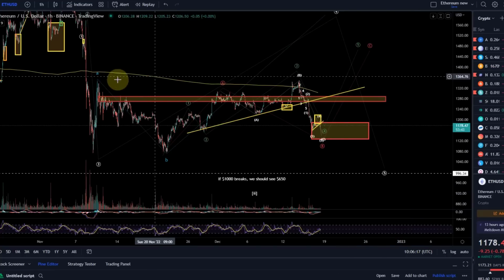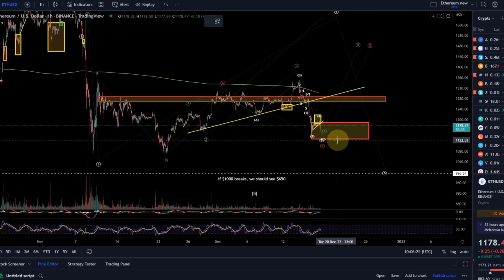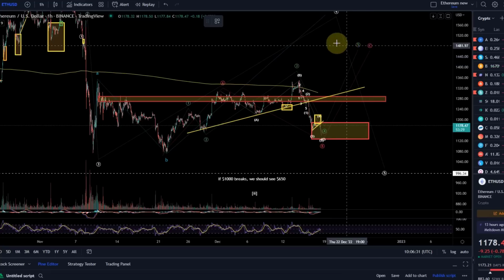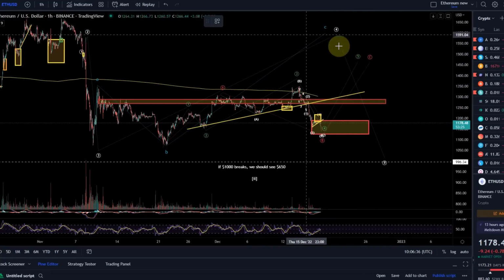The thing is, we've got 2 scenarios on the chart here. We've got the green count and the red count. They're both supposed to turn around in this red support area and move up and make a higher high, ideally in the 1400 region. Of course, there's also a directly bearish count. Don't get me wrong, this is also not a very bullish